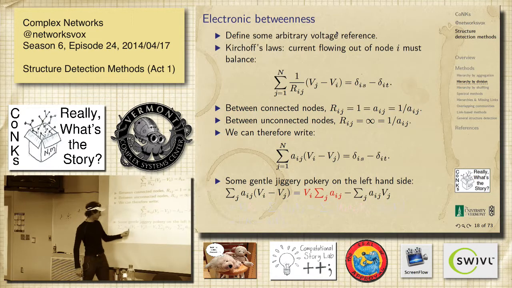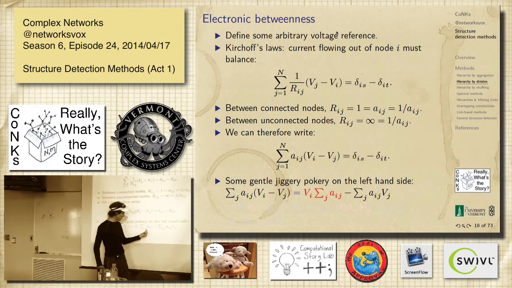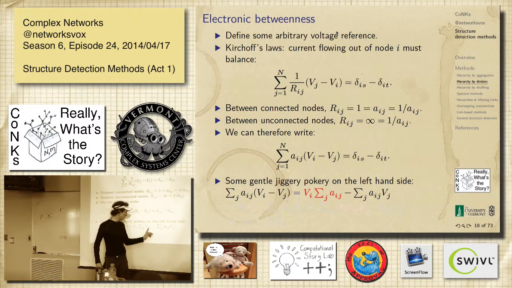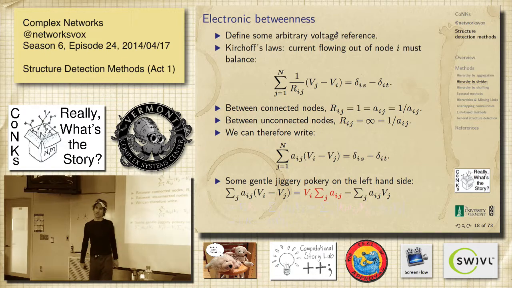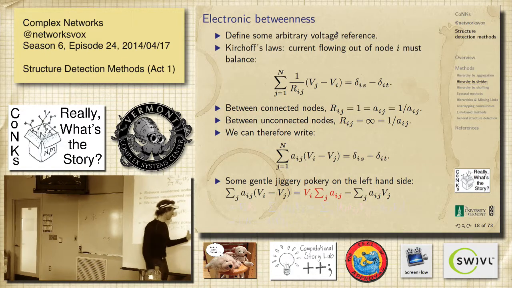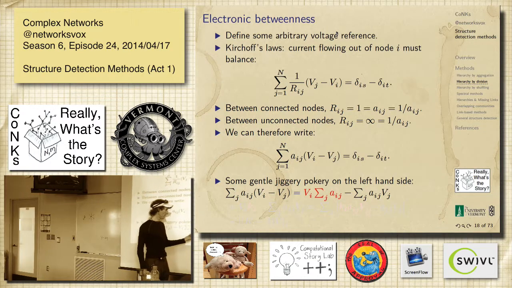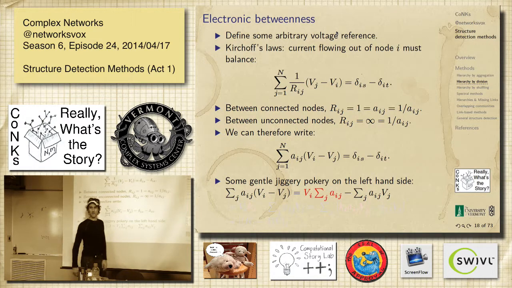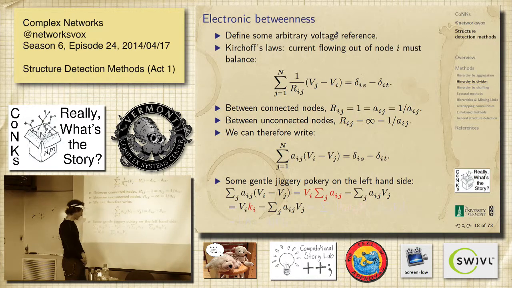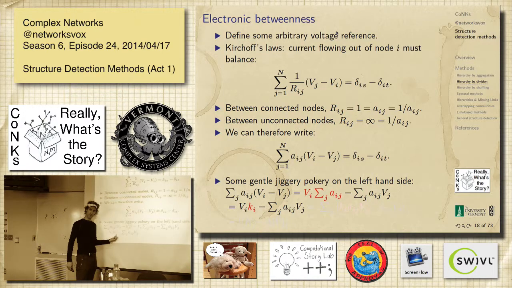So let's get that. The first one is just Vi, that can pop out, right? That's a constant relative to this. So this is a Vi, it's the sum over j of Aij. For given I, so I is fixed. The sum of the adjacency matrix. It's an undirected network, so it's just going to be degree. That's going to be the degree of the ith node, and then this is a proper looking product, right? So this is going to be the adjacency matrix times the voltage vector. Agree with the ith entries.